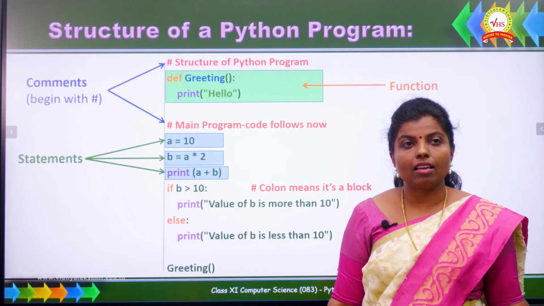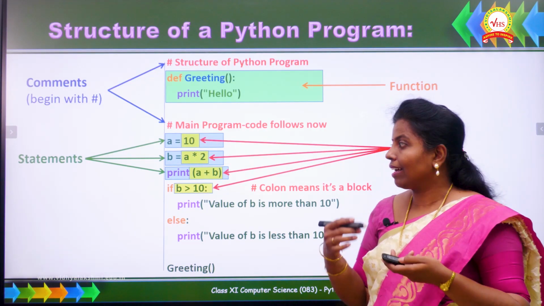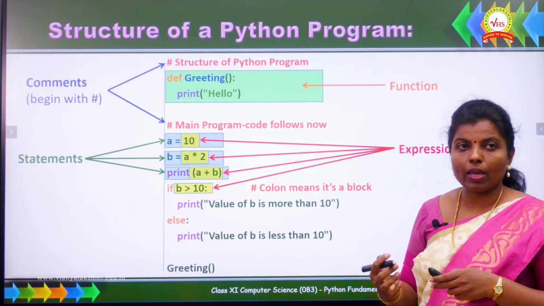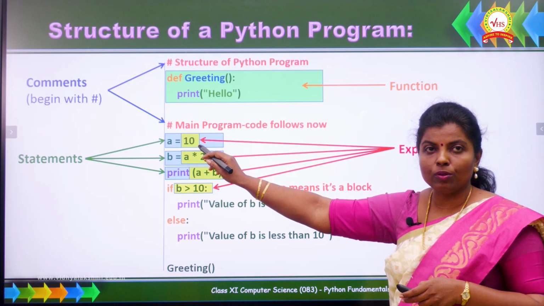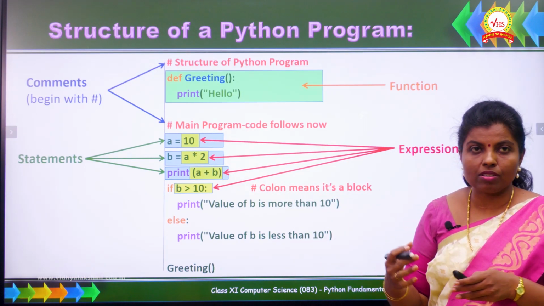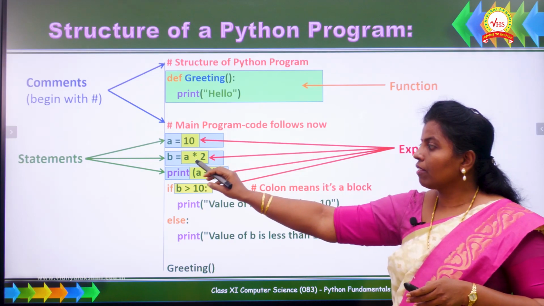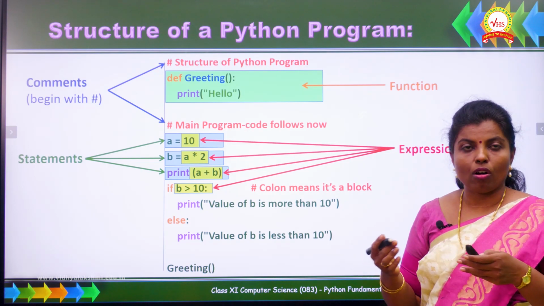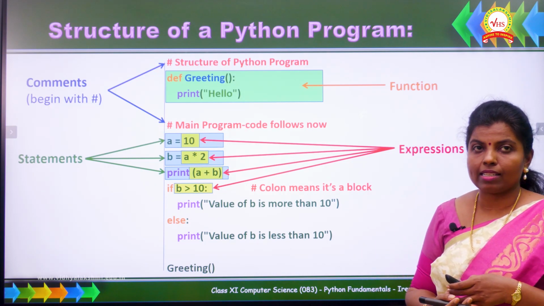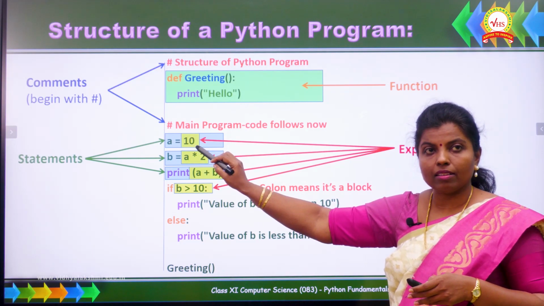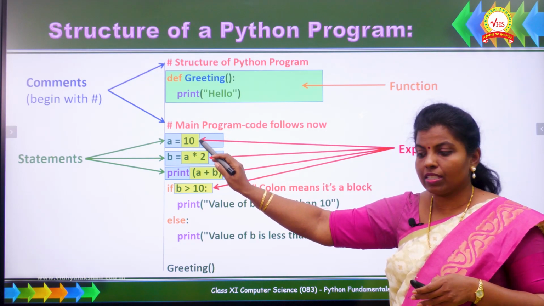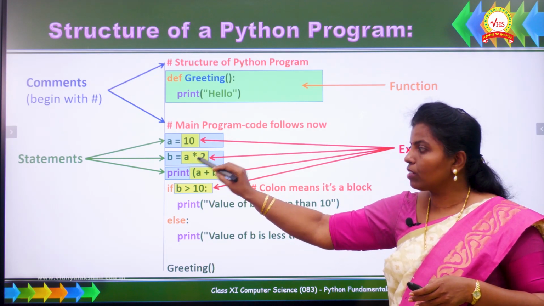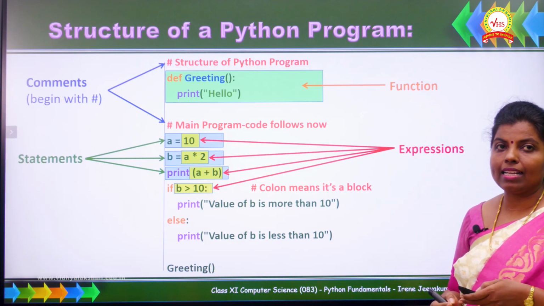And the next thing you can see, we are just going to talk about the expressions. So when it comes to expressions, the values, okay. Here you can see the value number 10, as well as whichever produces a value, they are referred as expression. Even here you can see a multiplied by 2. Even the valid combination of values or variables and operators together, we call it as expression. So you can see here only the valid combination of value is there, number is there, and here the valid combination of variable and literal as well as the operator is there. So all these are referred as expressions.